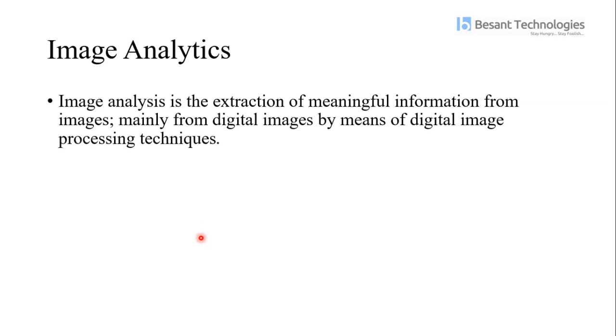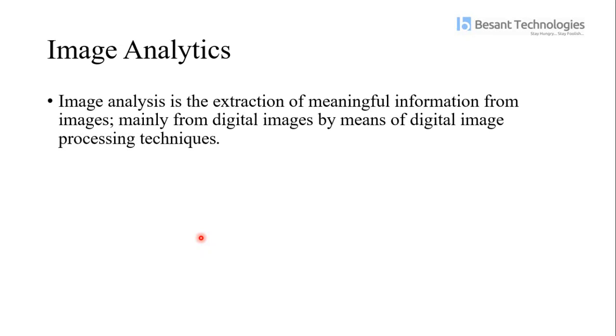That's what image analytics is. Mainly we handle images in digital form. We get the digital images, process them and apply some techniques on the image to identify a particular thing. For example, the Amazon fire.